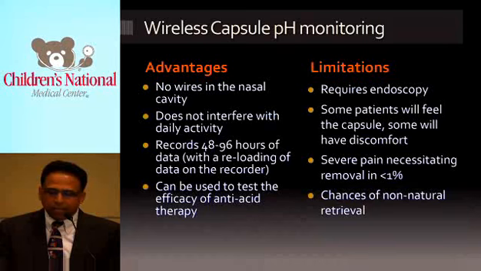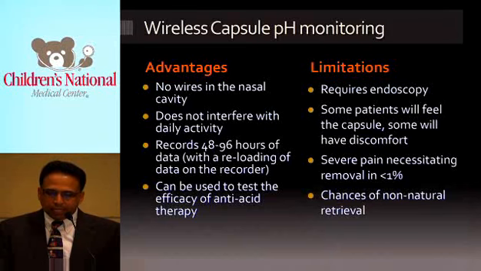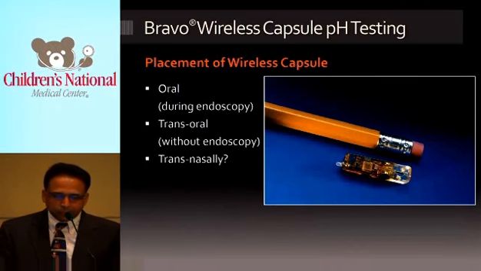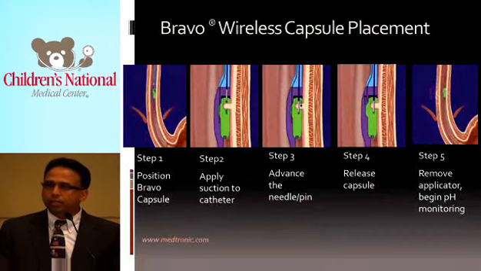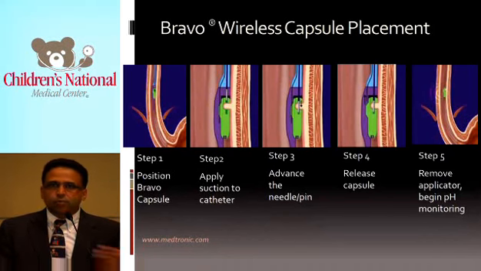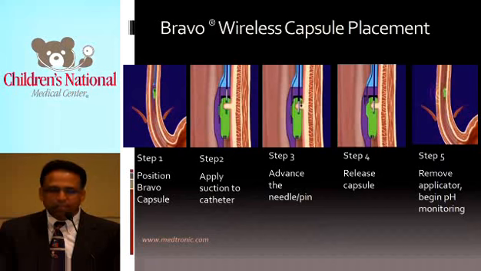In pediatrics we typically need endoscopy to place these wireless probes, but it is basically a small tiny capsule, like that size, which is attached via endoscopy into the distal esophageal mucosa. It's attached about 6 centimeters above the GE junction, and it sends wireless signals to a sensor and records any episode of acid reflux. 4 to 5 days later, this capsule sloughs off and passes naturally. So therefore, it's a good test for testing acid reflux.